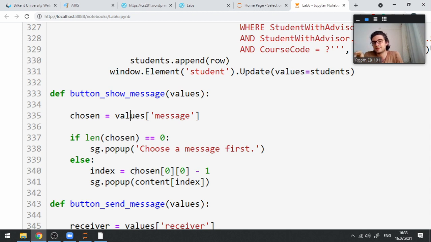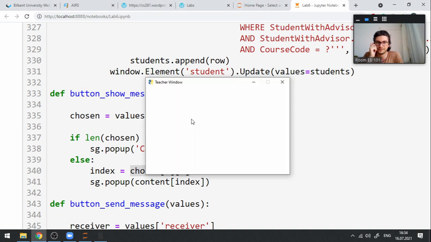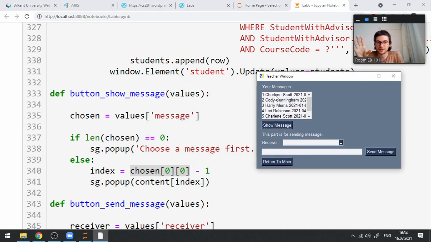Otherwise, this chosen, we are choosing from a list box, right? Because of that, I need to do two indexing. The first one is to go to the row, and then the first index was the order number for that message. So actually, let me show it quickly. Not the grading, but for messages. So if you remember, this is a list box. I can by default only choose one row, but because of that,